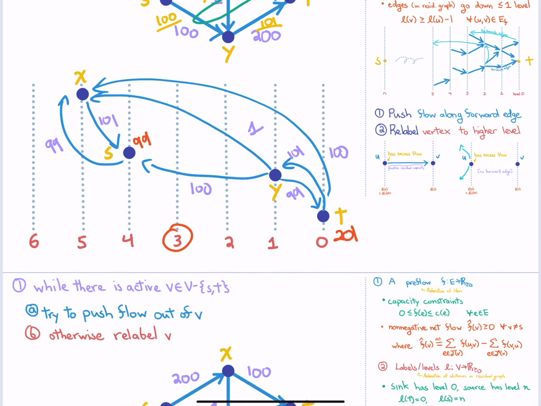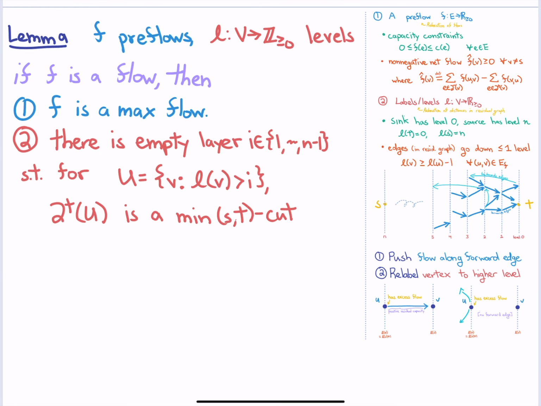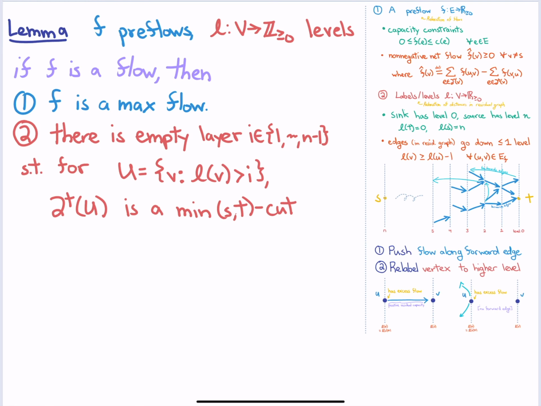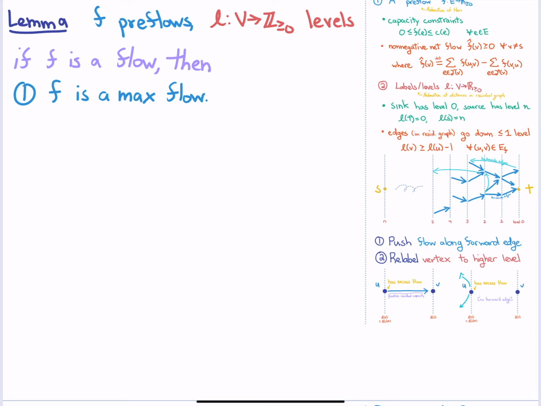Yeah, so if this algorithm ever reaches a point where the preflow becomes a flow, why is it a max flow? All right, this is a little subtle. Okay, so F is a flow. That's good, right? We want a flow. Okay. In the residual graph,